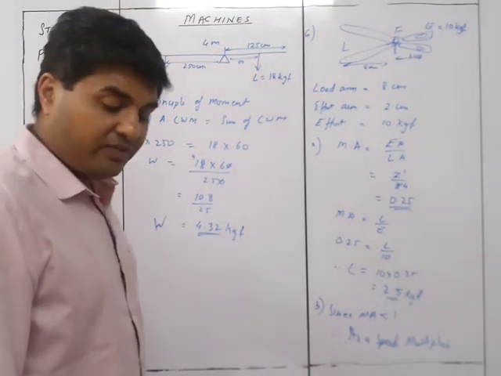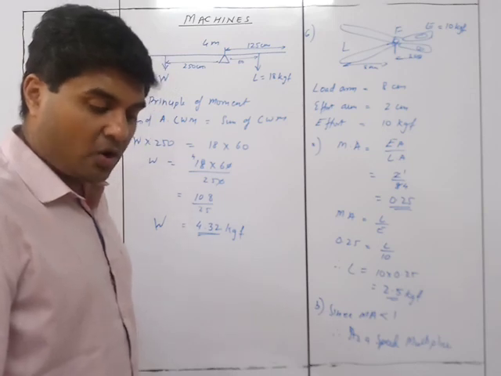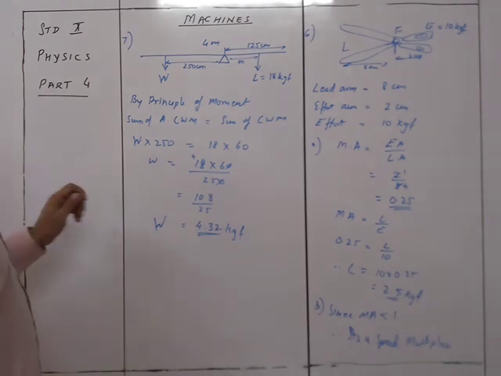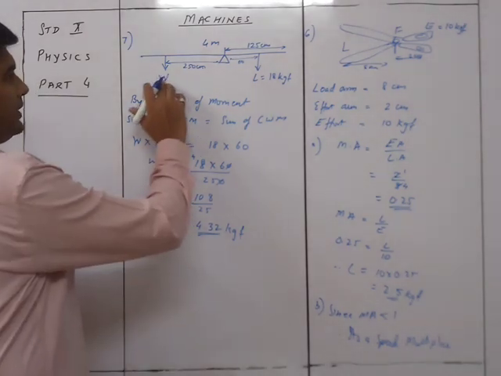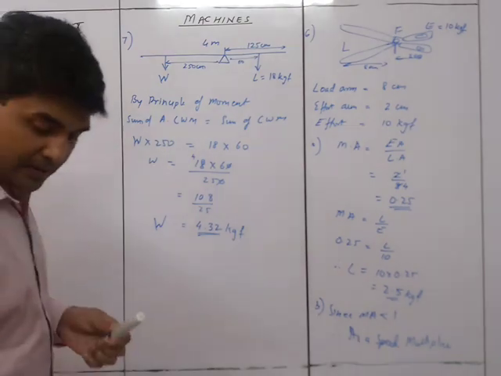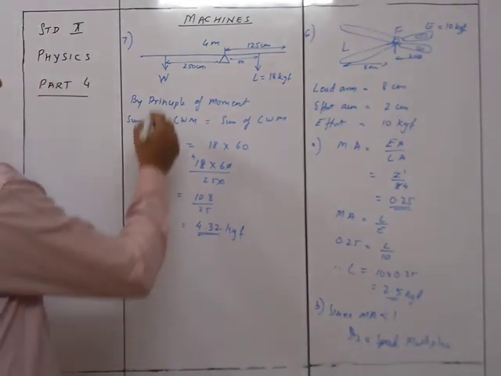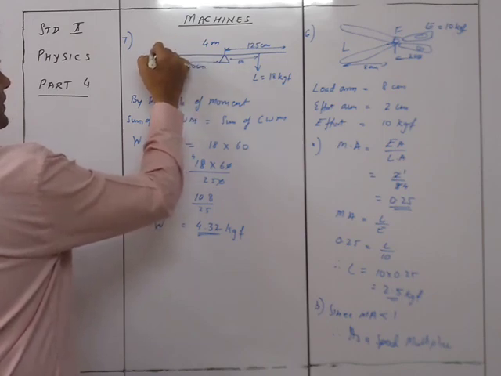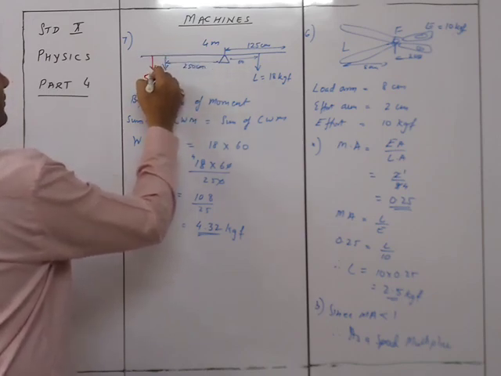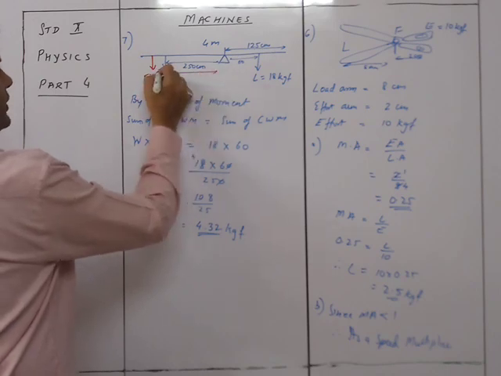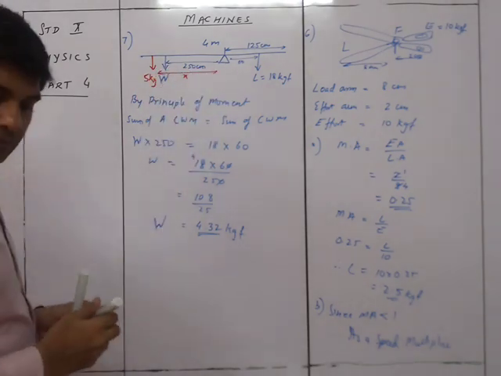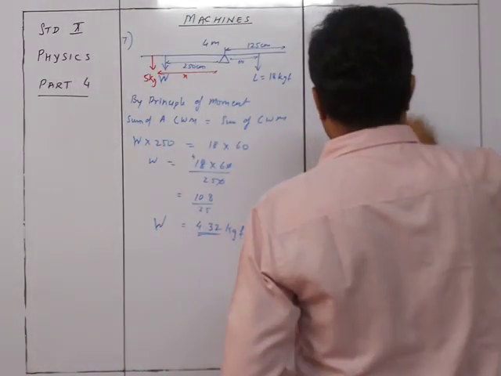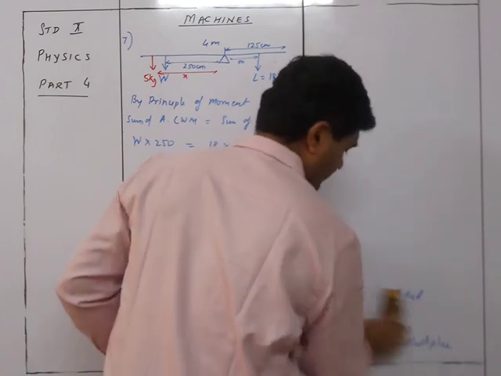The next is, if a weight of 5 kg is kept to balance the rod, find its position. So next is the same thing, but instead of keeping it over here, I'm keeping this as, so the second part, I'll make in a different color. So if I have another weight over here, I'm placing here 5 kgf. I need to find out this part, I need to find out this x. Okay, so let's take that part. So again, it will be the principle of moments.